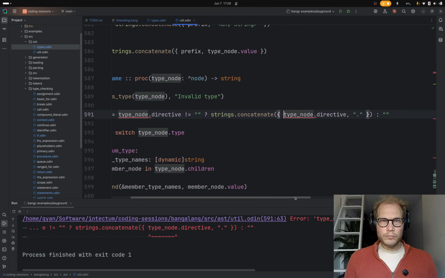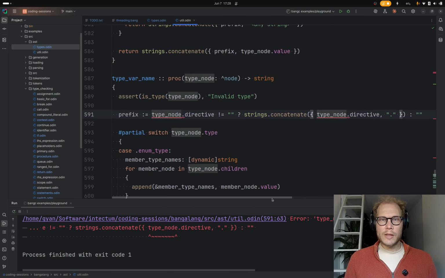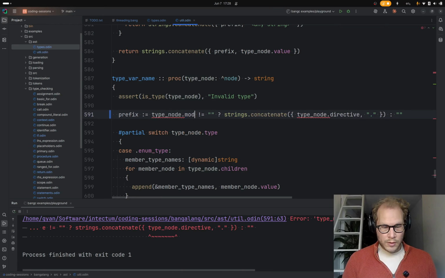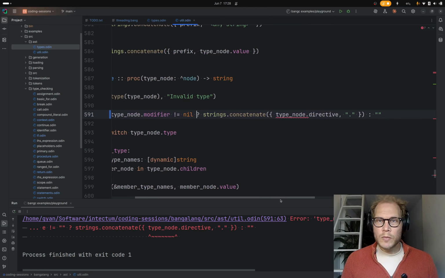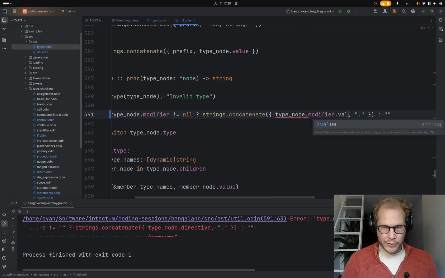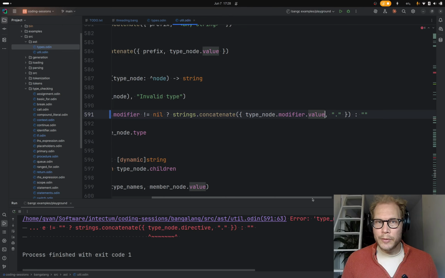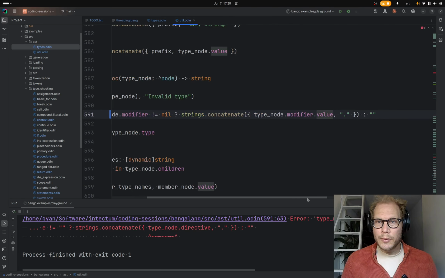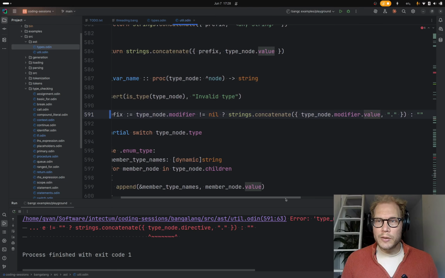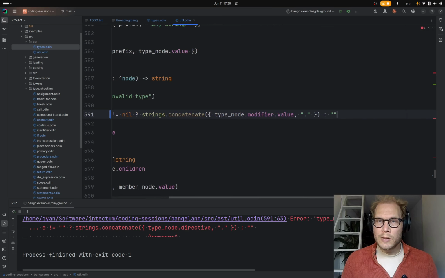So I guess this gets a bit more complex. If modifier is not nil, then we want the modifier dot value and has a dot after. Maybe we'll put an equals.